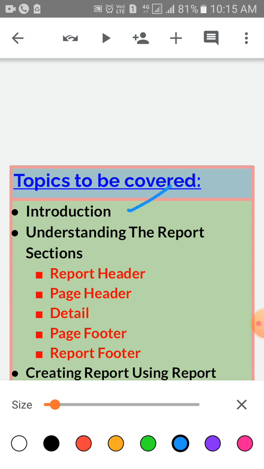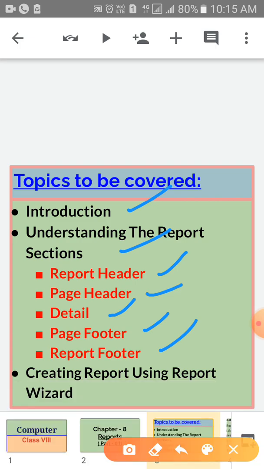After that, understanding the report sections. This section is divided into 5 parts: report header, page header, then detail, page footer, then report footer. Lastly, we will discuss the topic creating report using report wizard. Okay, children?